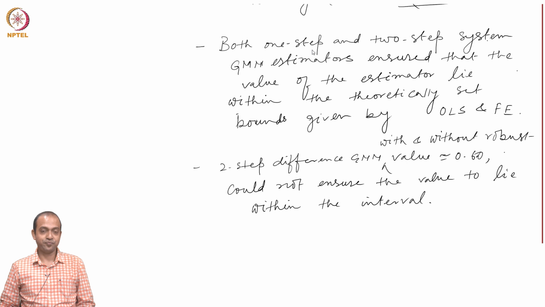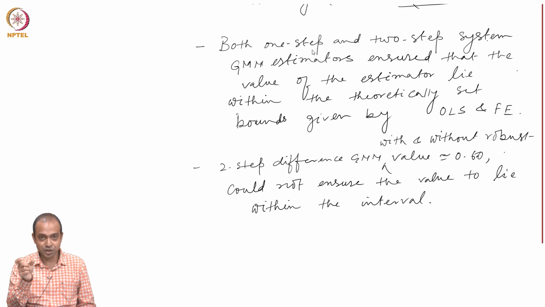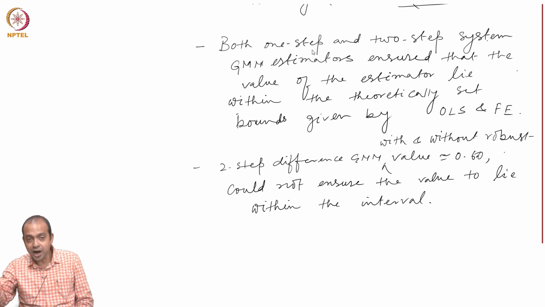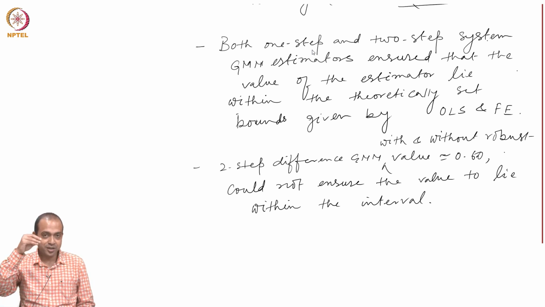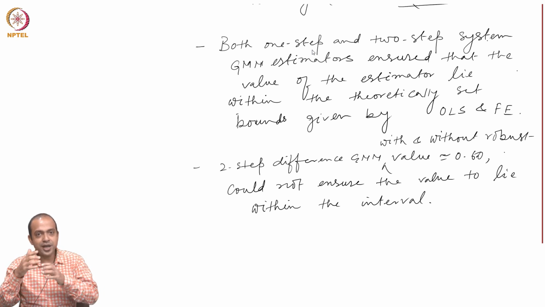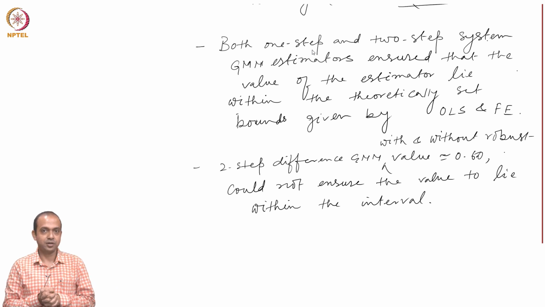But at the same time, we cannot blame everything on the difference GMM method, because the moment I changed the specification, bringing some of the variables which were earlier specified as IV style into GMM style, the quality of the estimator improved a lot. So we have to play around with these specifications until the value lies within the interval. Once it lies within the interval, then we correct its standard error by the Windmeijer correction given by the robust